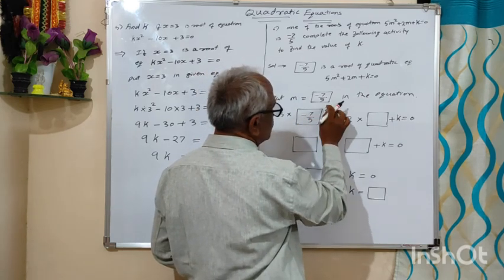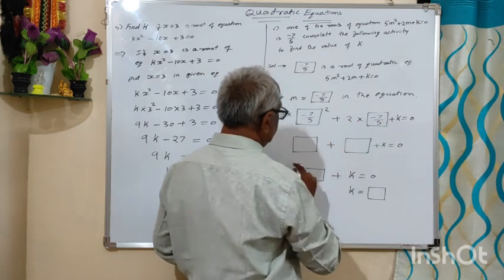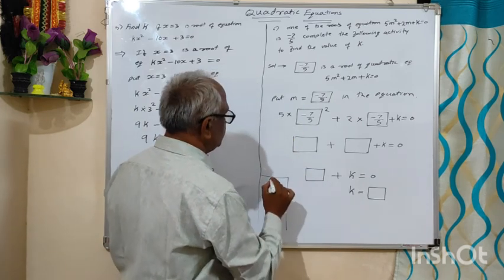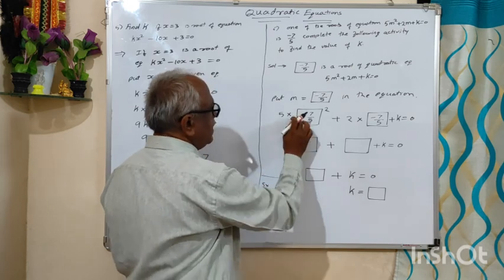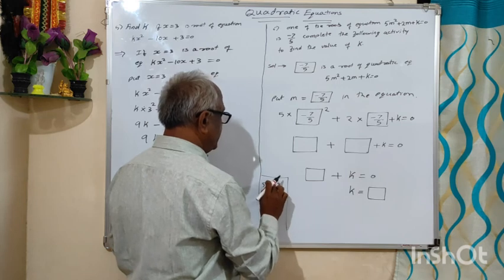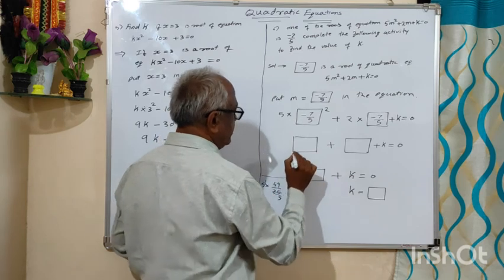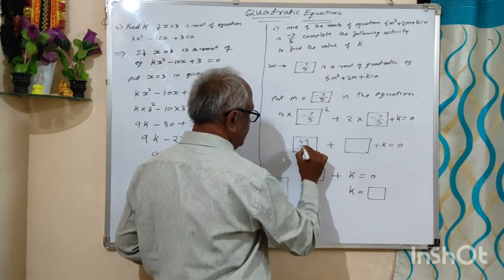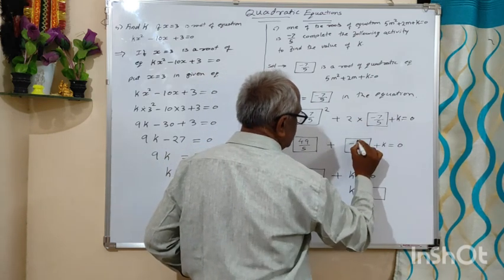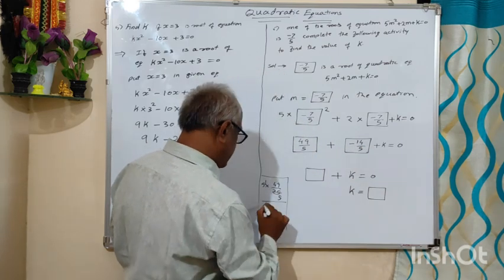upon 5 square plus 2 into minus 7 upon 5. Now here, this I will do it in the rough work now here. 5 into minus 7 square means minus 49, plus 49 upon 25. 5 ones are 5, 5 fives are 25, that is 49 upon 5 plus minus 2 into 7, that is 14 upon 5. Again the second step I will do it in the rough work.